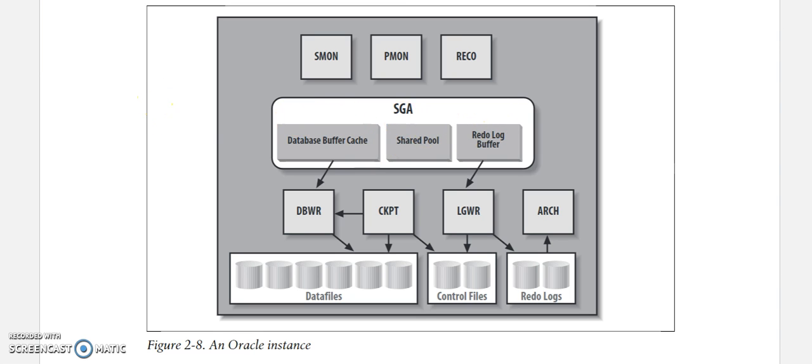The database buffer cache is used to store the copies of the data that's retrieved from the data files. It's stored there, and then at a later date and time it's written down to the disk and can be used for faster recall. The shared pool is actually made up of two different sections, which are a library cache